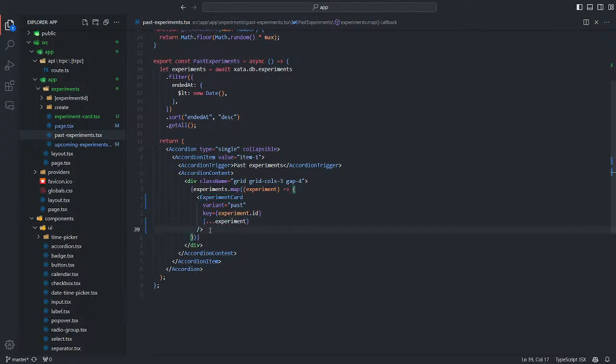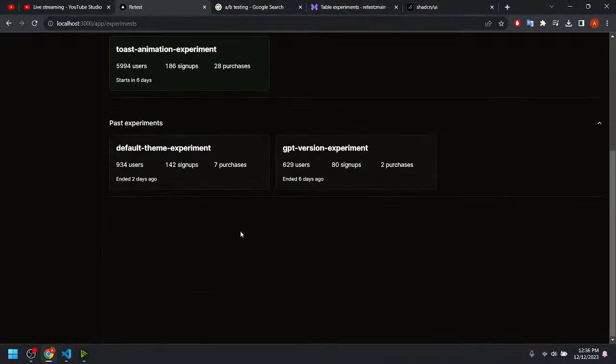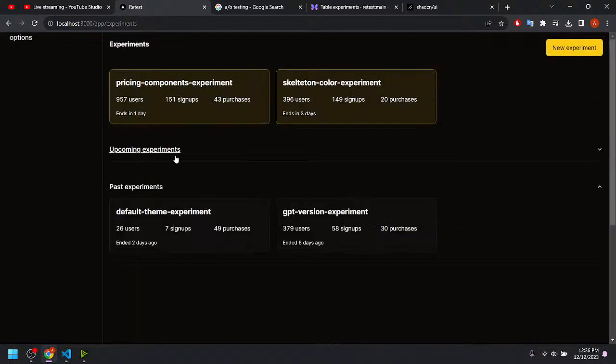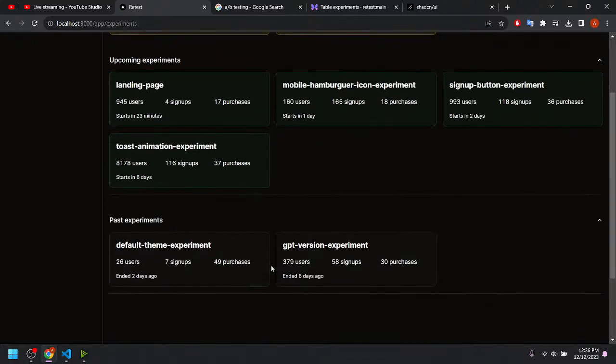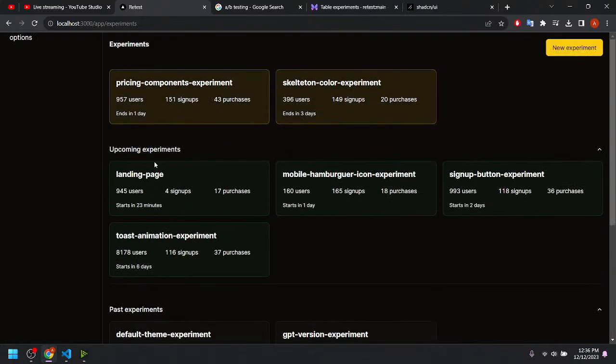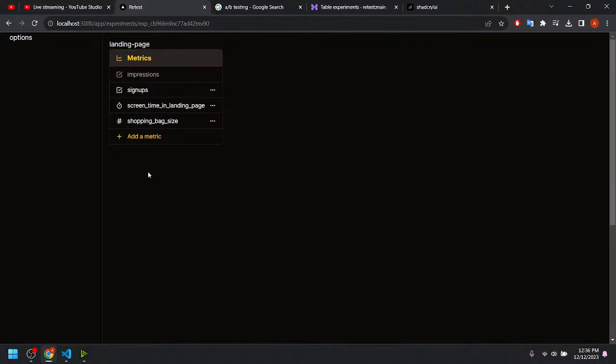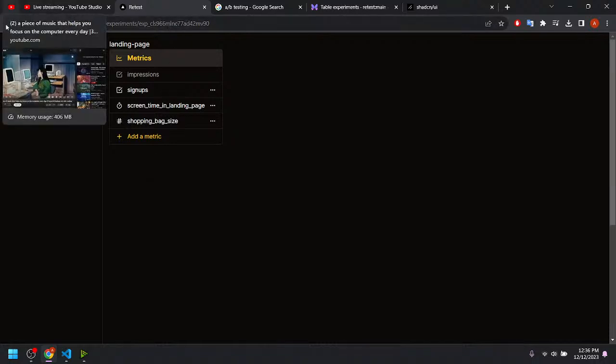Look, and I think this should work. Yeah, now experiments are black and all of them redirect to a single page.